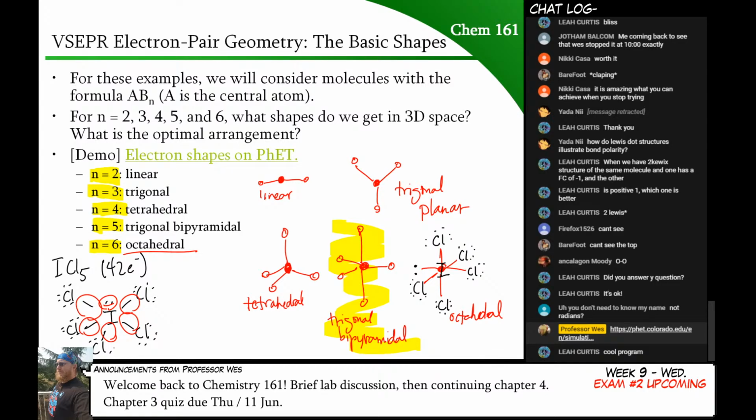Now, looking at that, you might have just said, oh, okay, it's ICl5. There's 5 things. It must be template 5. But when you draw the Lewis structure and put the extra electrons down, you realize, oh, I have 6 things, actually. I got to use the 6 template. Okay? So what I want you to do